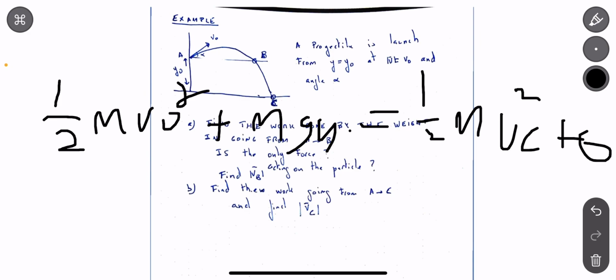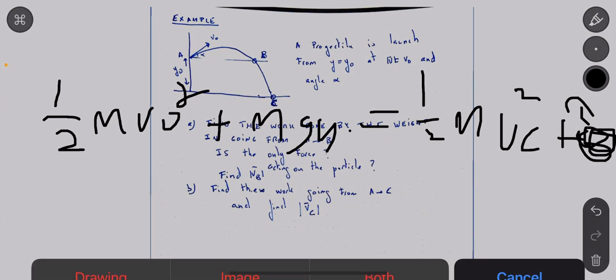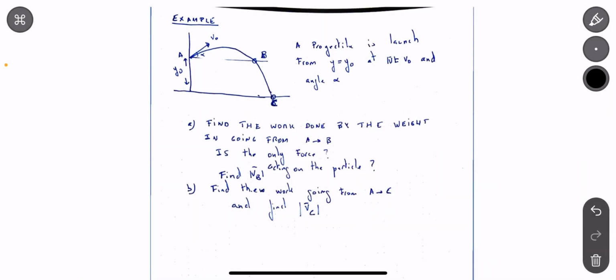And the 0 being the mgy, 0 because it has no potential energy at the end. This is the potential energy at the end, by the way, the 0 at the end here that I'm drawing over. So after we write that out, we could work it out into a similar equation for vC